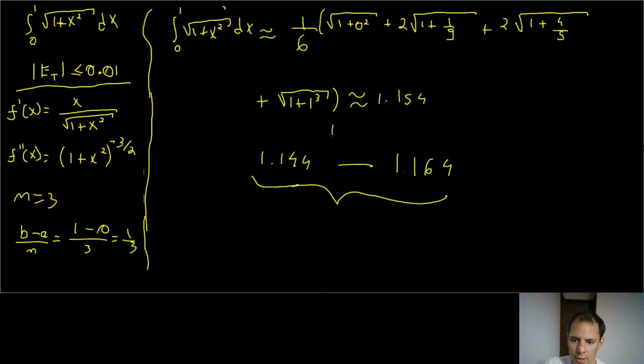I just said that 1.154 plus 0.01, and this is going to be minus 0.01. So 1.154 plus 0.01, you got this. 1.154 minus 0.01, you get this. So it goes from here all the way to here. And that's one of the uses for the error limit, the error boundary for the trapezoid rule,